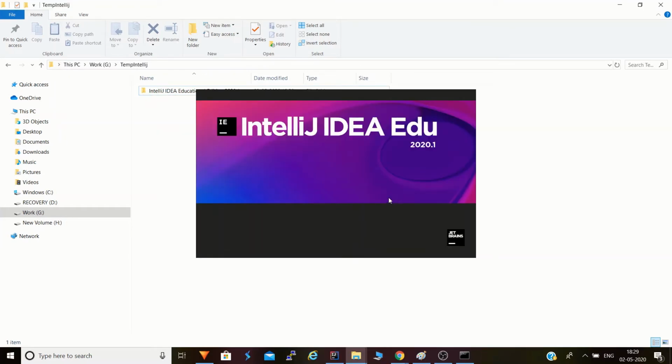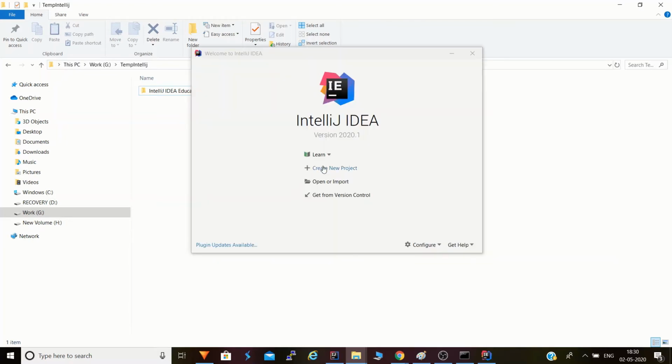Do not import settings. It is launching our IDE. We'll click on create new project. As we are creating our first project, we'll build a new project.